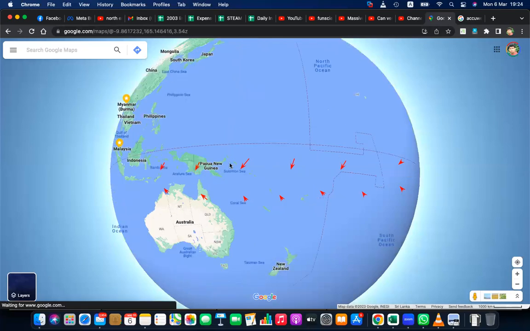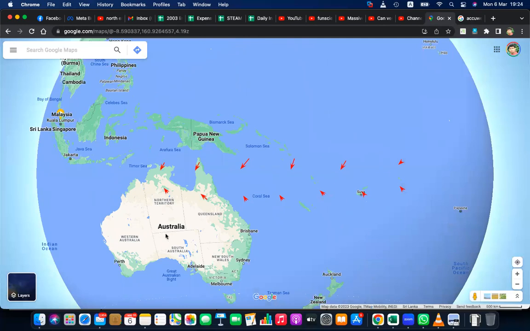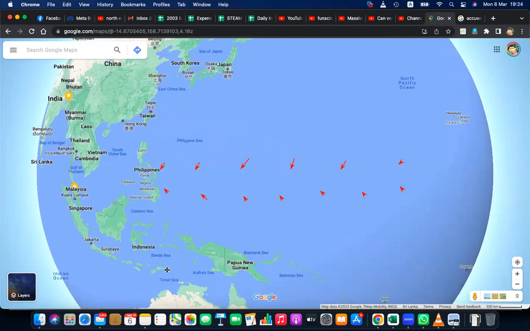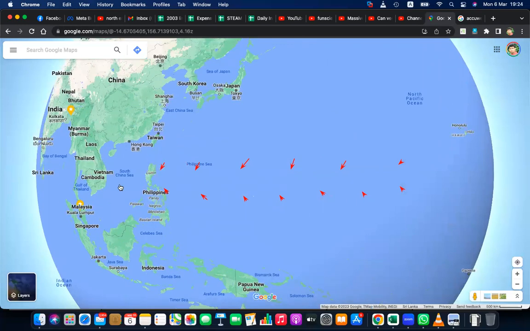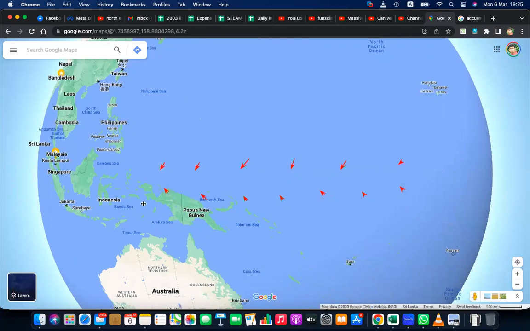Normally, now look at Australia, why is the green side like this? These side areas are deserts. But you can see here Papua New Guinea, Indonesia, the Philippines, Taiwan, China, this area, Vietnam, these areas are mainly rainforests. Some rainforests are there. Because of this,